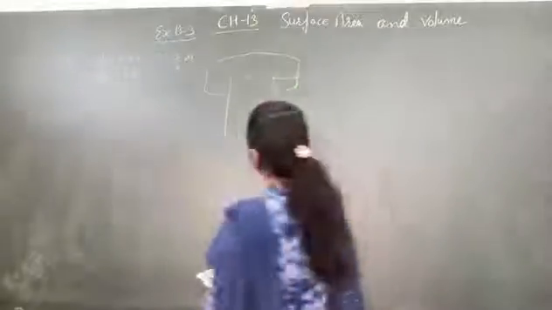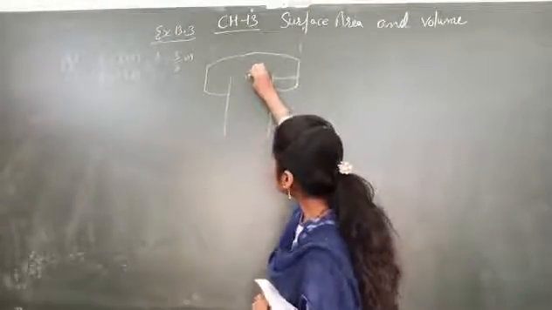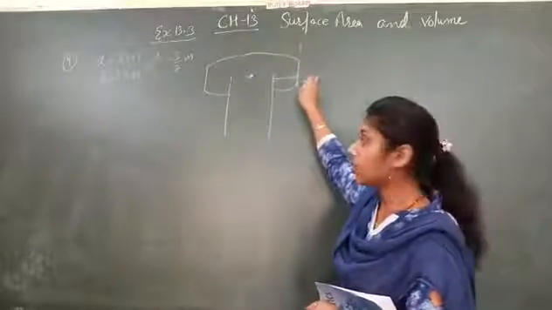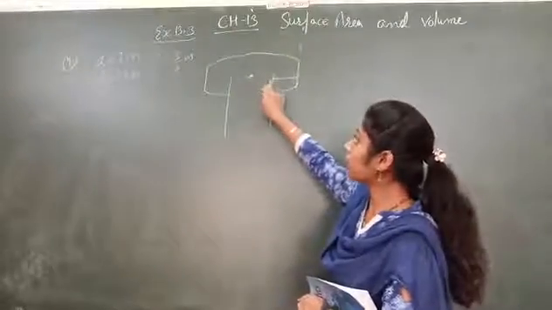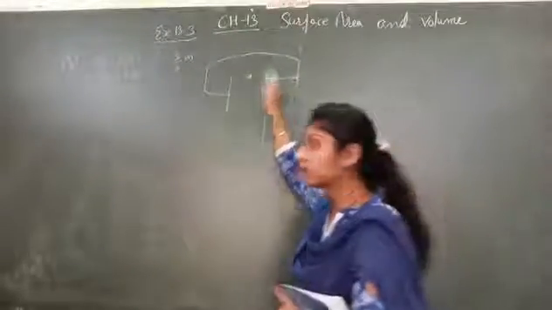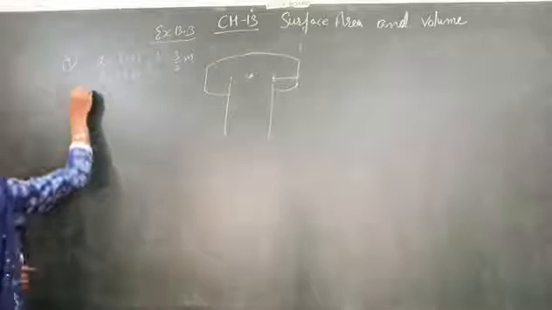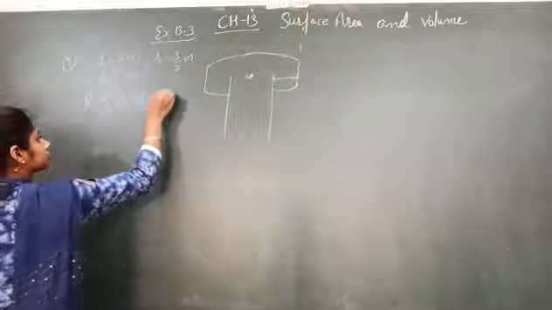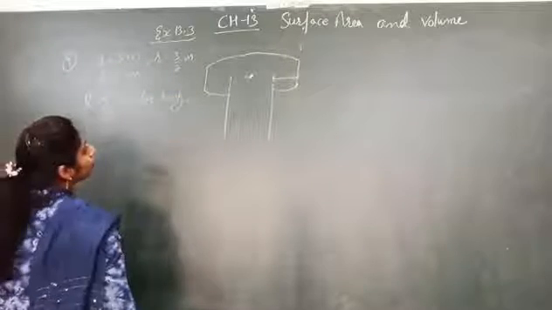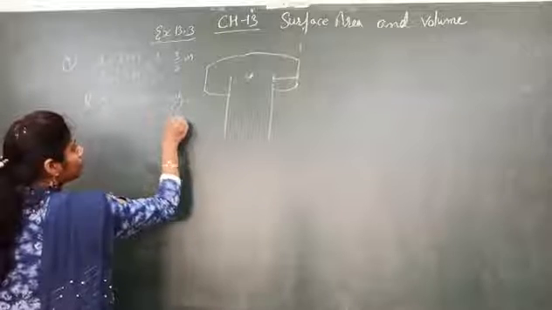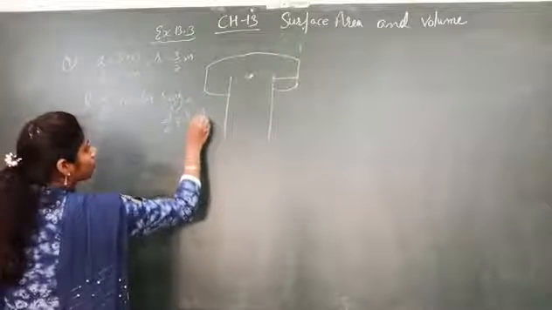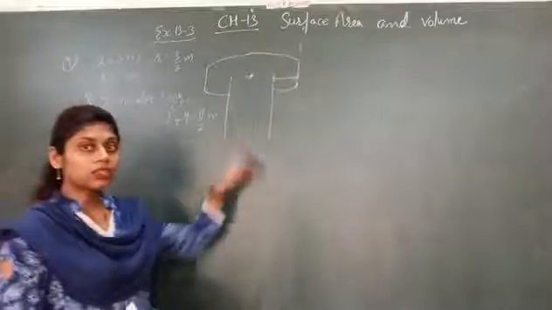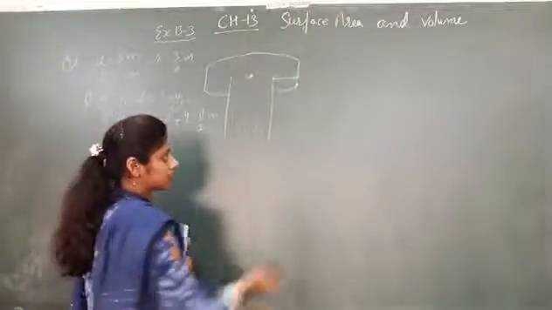So what will be the radius of this circle? Radius of circle will be considered from this point. So radius of the ring, the circular part, is radius of well plus this width. Clear? So radius of circular ring equals to 3/2 plus 4, which is equal to 5.5 meters. Clear? This circular ring is also in the shape of cylinder like this.